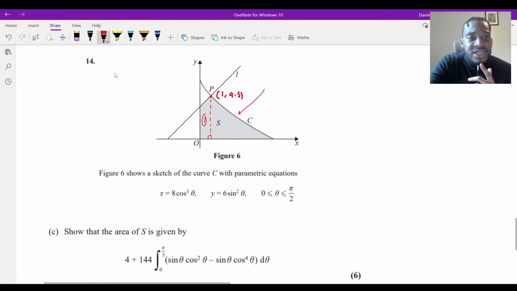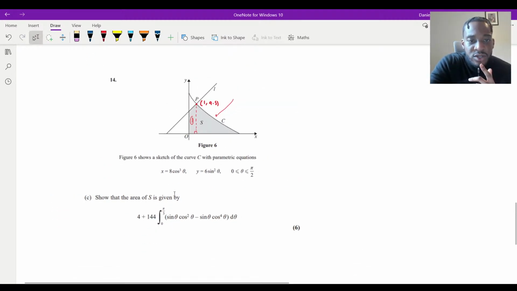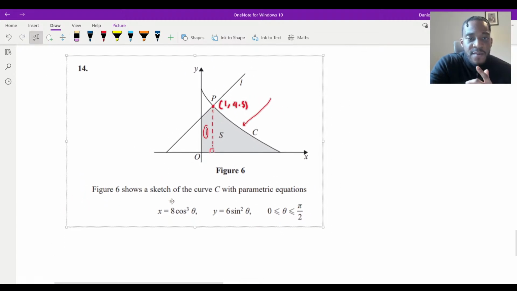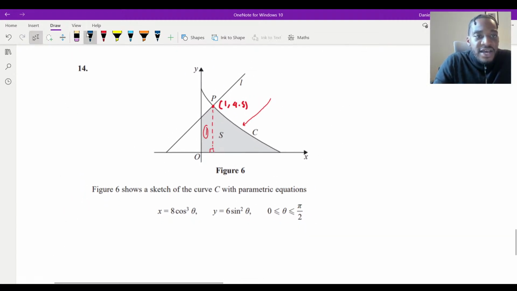So if I get this here, what should I do? I know I'm going to move this here. So if I do this here, then we can set the area of S, right? Remember, I can say that the area of S, just by looking at it, that's what we're looking for. Area of S is going to be equal to the integral between this point right here.